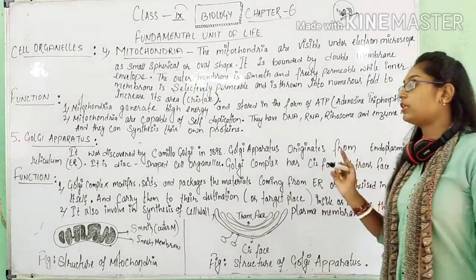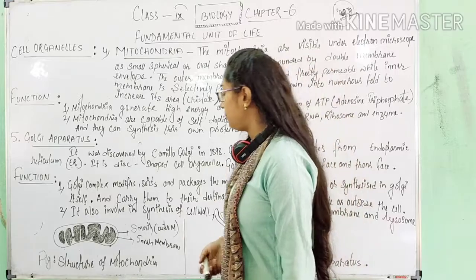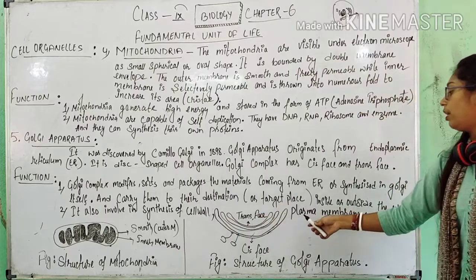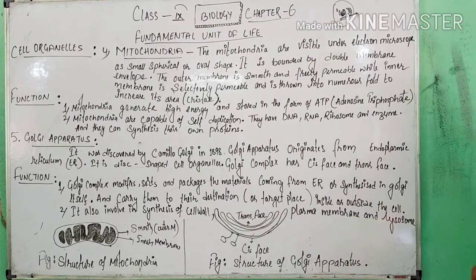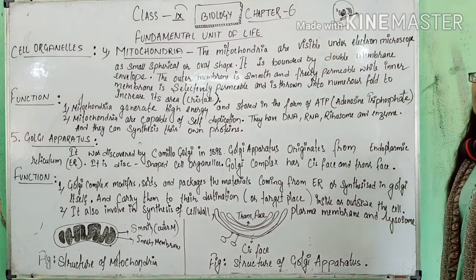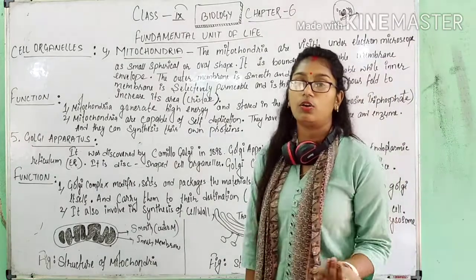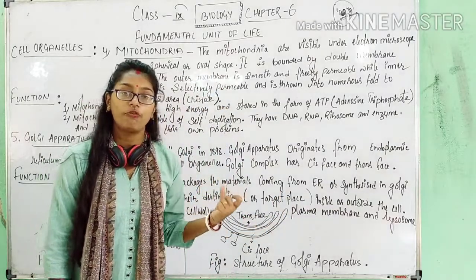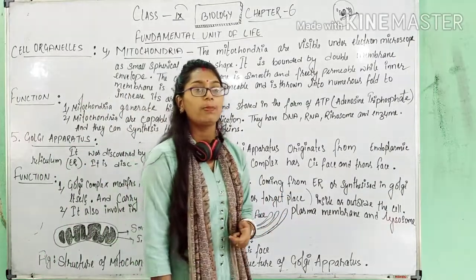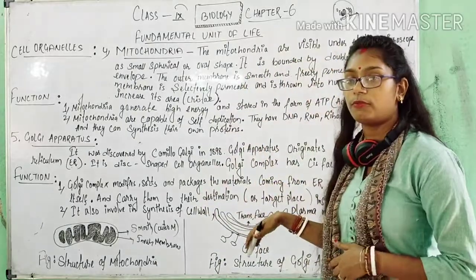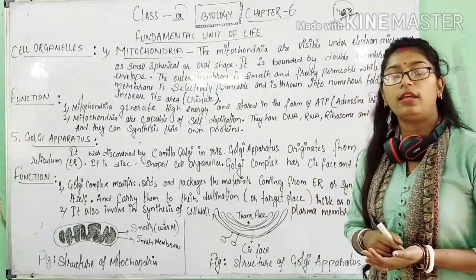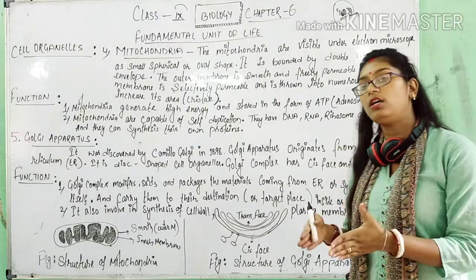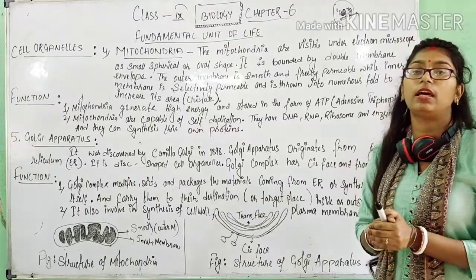Okay, this is the first function of Golgi apparatus. Then second, it is also involved in synthesis of cell wall, plasma membrane and lysosome. This is another function, and the third function it has is that it helps in the synthesis of yolk in the egg. Okay, so here we complete today's lecture. Then in the next video we'll be discussing the endoplasmic reticulum and the ribosome. Okay, that will be the last